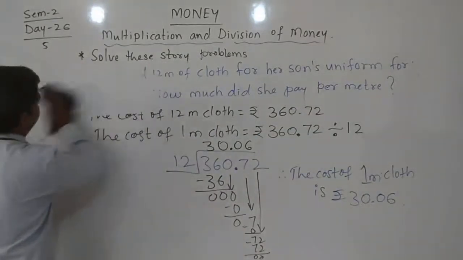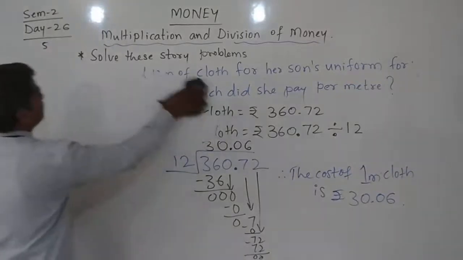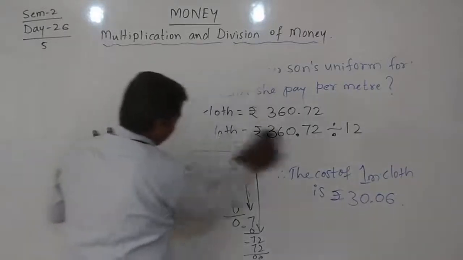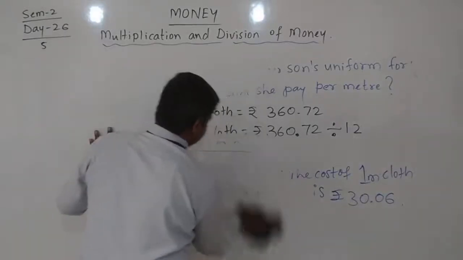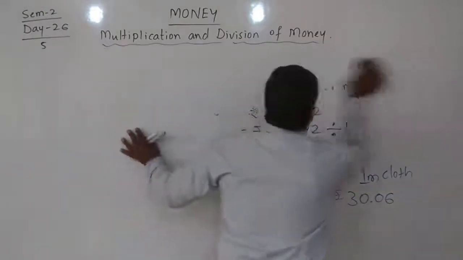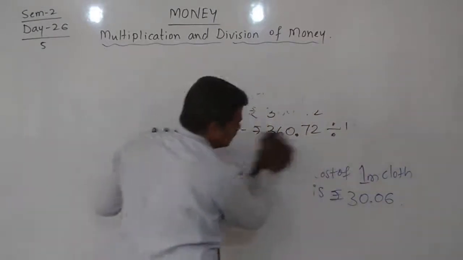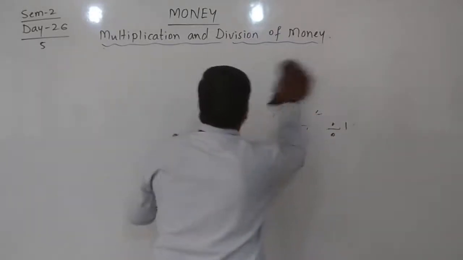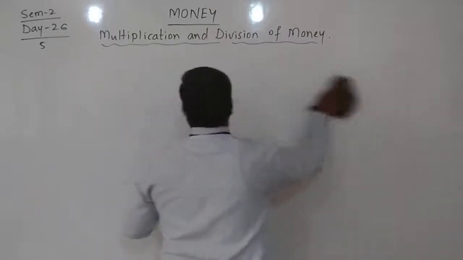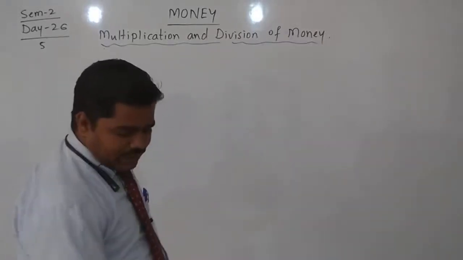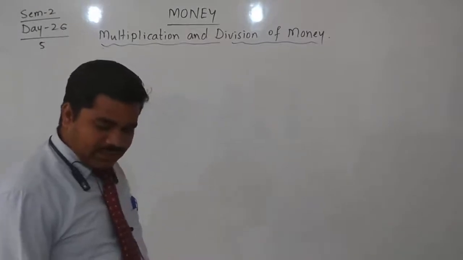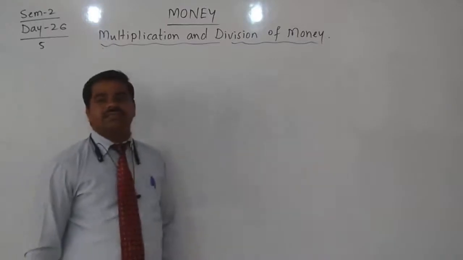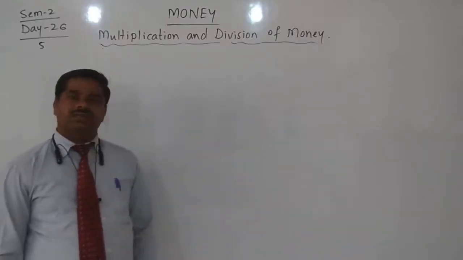And again some more story problems are there. Those we can take as homework. If you did not get answers, you can give a call to me. Again 4 questions are there. In that, 2 questions have sub questions also, and 2 questions have no sub question. Very simple questions. If you get any doubt about these questions and about the money lesson, we completed the money lesson. It's very easy. If you get any doubt, you can give a call to me.